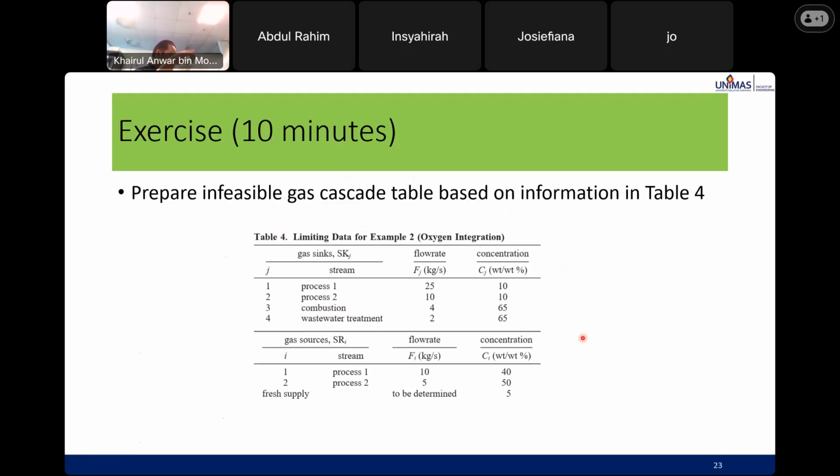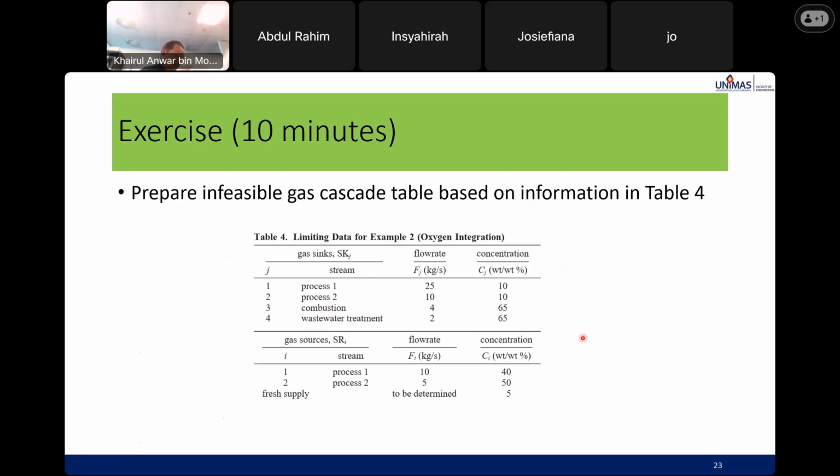You can refer to the nitrogen integration, which specifies the gas cascade analysis technique, how to calculate FC delta M. So you may start now. You start with the invisible gas cascade analysis